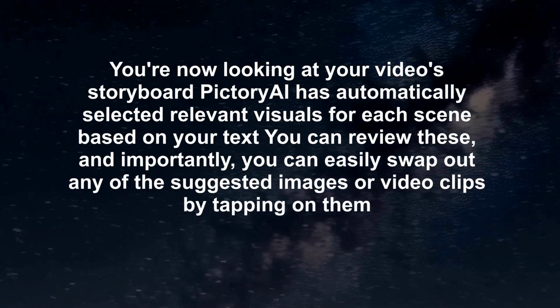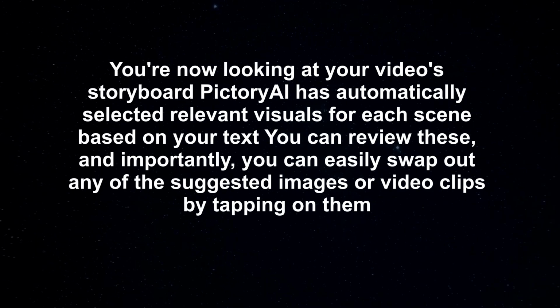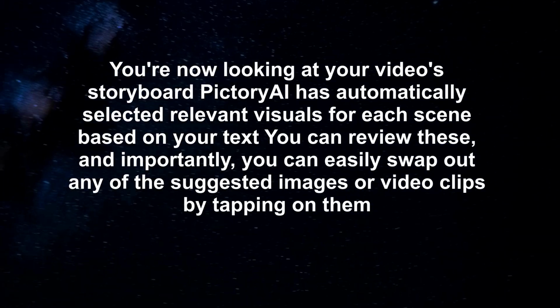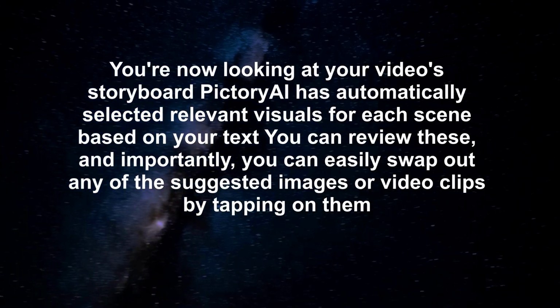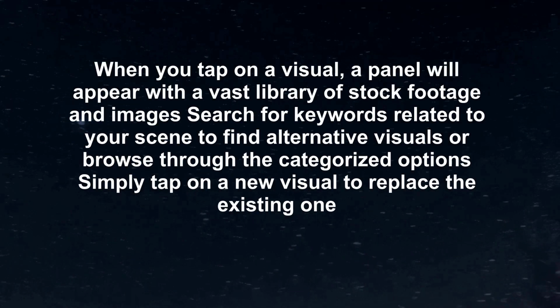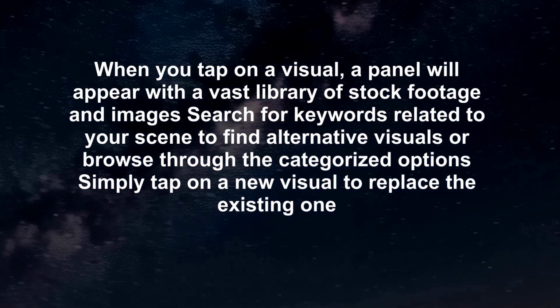You're now looking at your video's storyboard. Pictory.AI has automatically selected relevant visuals for each scene based on your text. You can review these, and importantly, you can easily swap out any of the suggested images or video clips by tapping on them. When you tap on a visual, a panel will appear with a vast library of stock footage